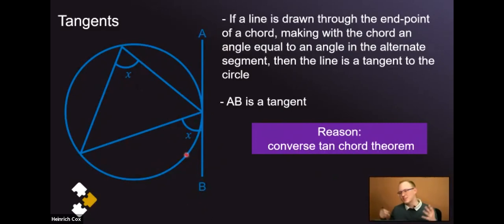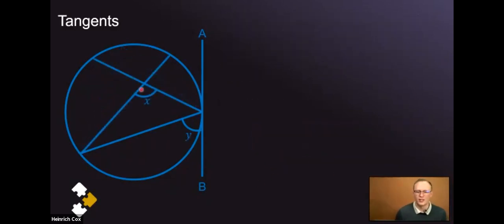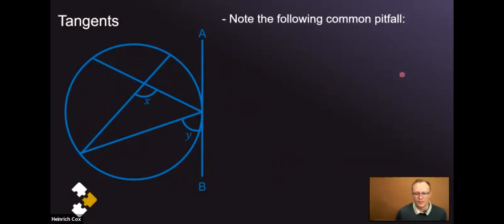So the converse isn't something separate or something extra to learn, right? If you've got the tangent and you've got that triangle, you've got the equal angles. If you've got the equal angles, then you have the tangent. Okay, right. So a common mistake that we need to look for here is that often somebody will